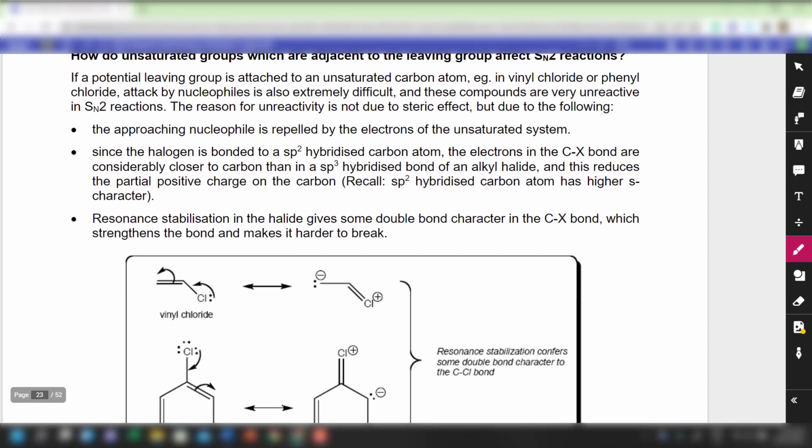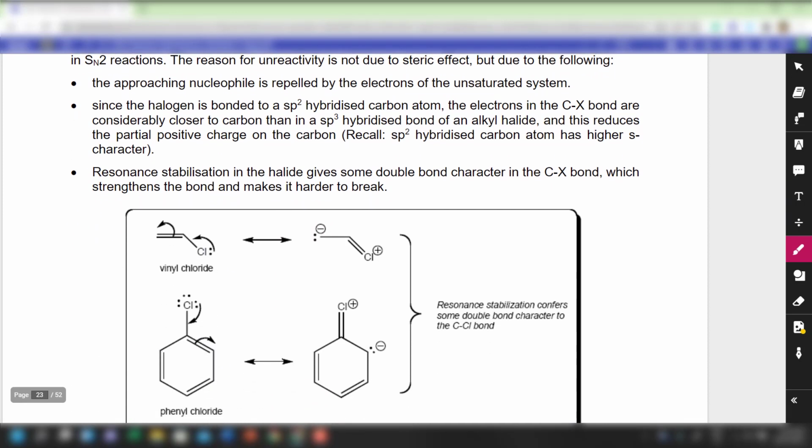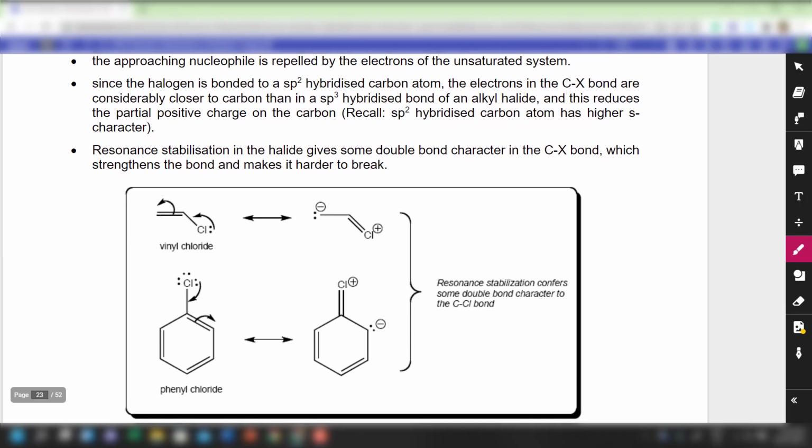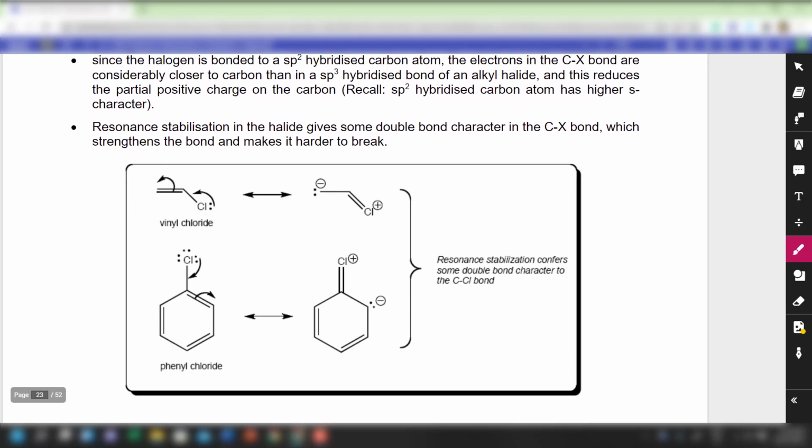The little extra bit of knowledge you might want to showcase, for a more profound understanding in drawing resonance structures, is this: remember in H2 we say that when the halogen is bonded to an sp2 hybridized carbon, there's partial double bond character. How does the partial double bond character arise? It's shown to you over here. You can use the drawing of resonance structures to showcase how the lone pairs of electrons on the halogen can delocalize into the